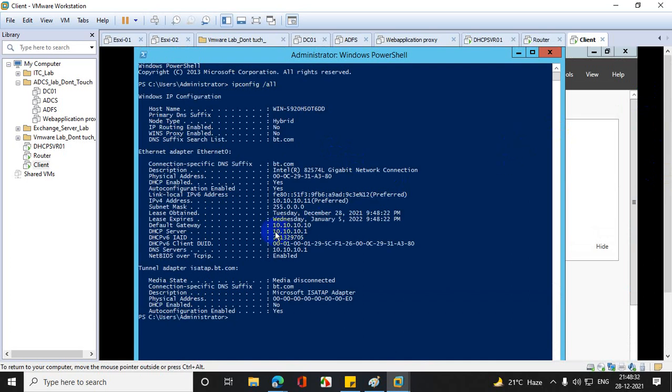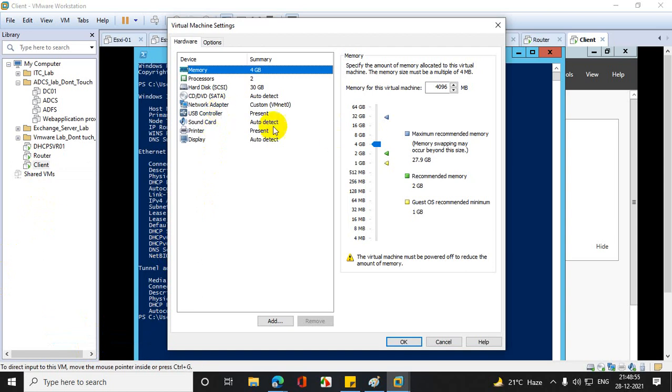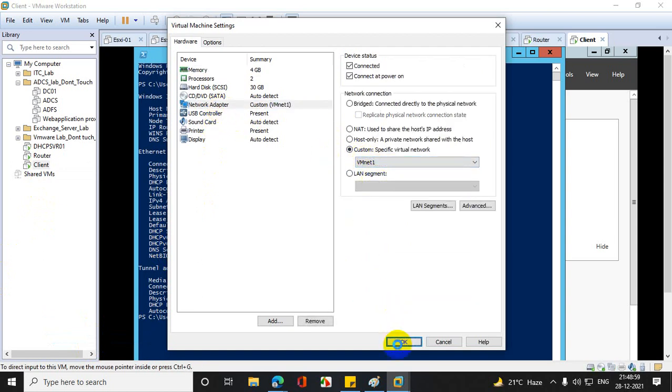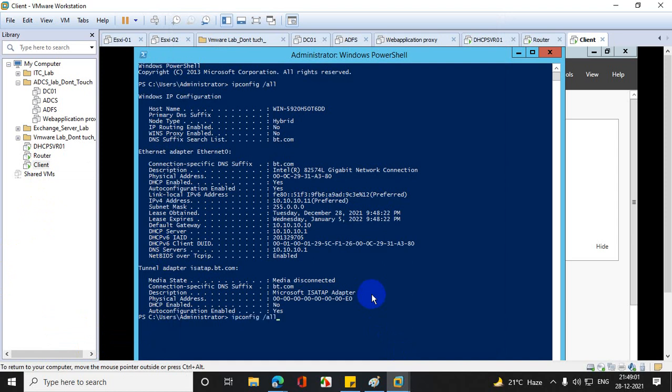So it is getting 11 preferred. Which IP? Where is 11 preferred? Perfect. And side by side, my default gateway and DNS are all being taken. Clear? Very good. Now let's say if I change it to VLAN VNet 1, will that not work, because this is a totally different subnet?